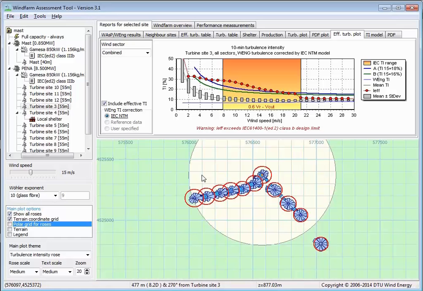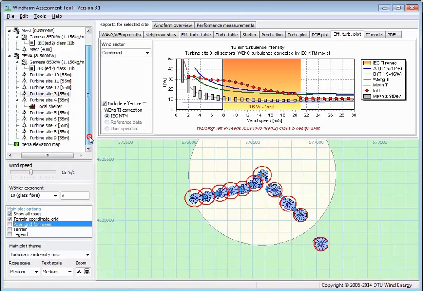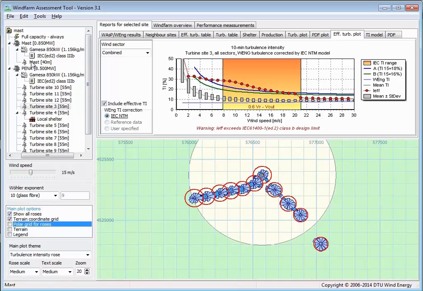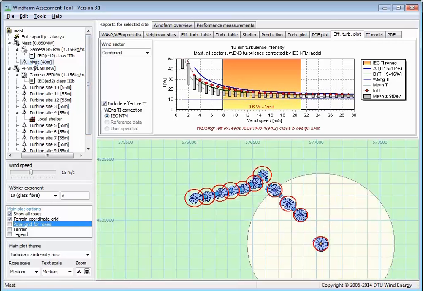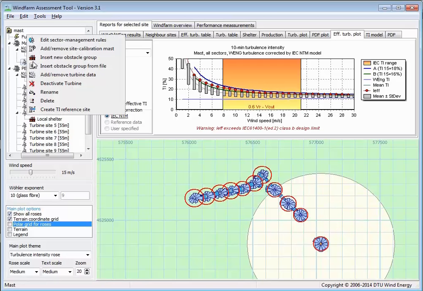That way you could also merge information. For instance, if you have two turbines in the project with different hub heights, then you could run the WAsP Engineering calculations for one hub height and later on for the other one. So here I got this new dummy turbine site, and it's here in a group called mast, and now I have to do something a little bit special. It was a way to program it without coordinating too much with the WAsP Engineering programmer, so that he wouldn't have to make changes in that program.